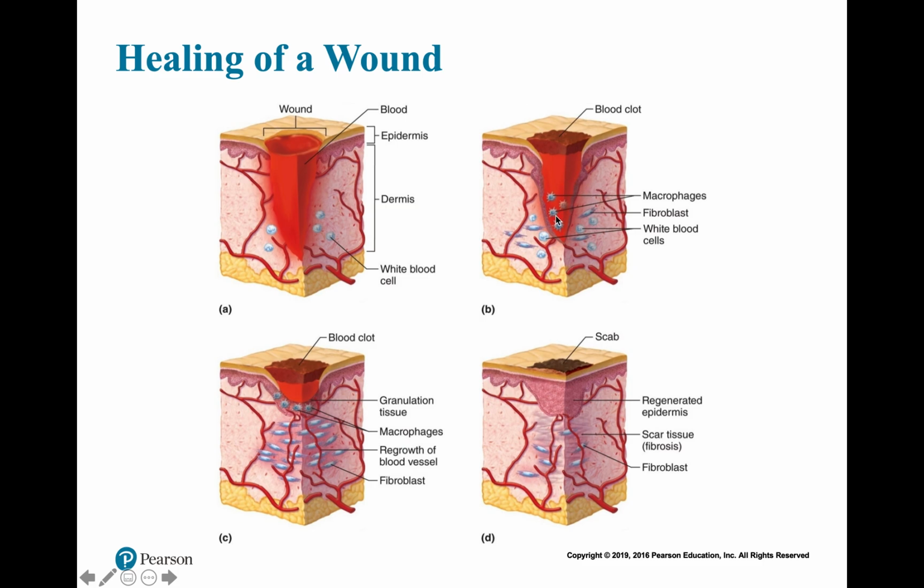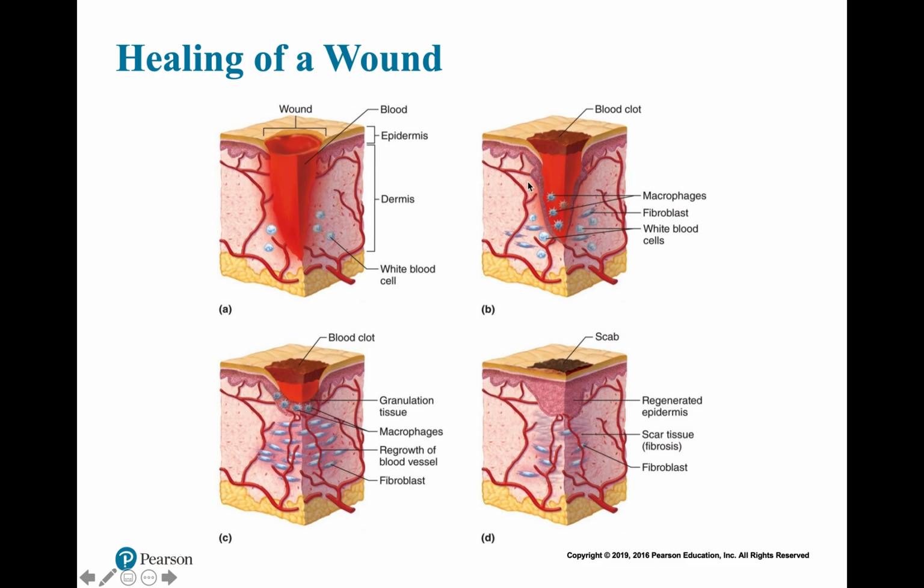Well, blood brings nutrients for tissue repair. Blood brings more white blood cells that can help phagocytize, like these macrophages can phagocytize any bacteria that might have gotten into this cut. They can phagocytize any damaged or dead cells as a result of this cut. All right, so